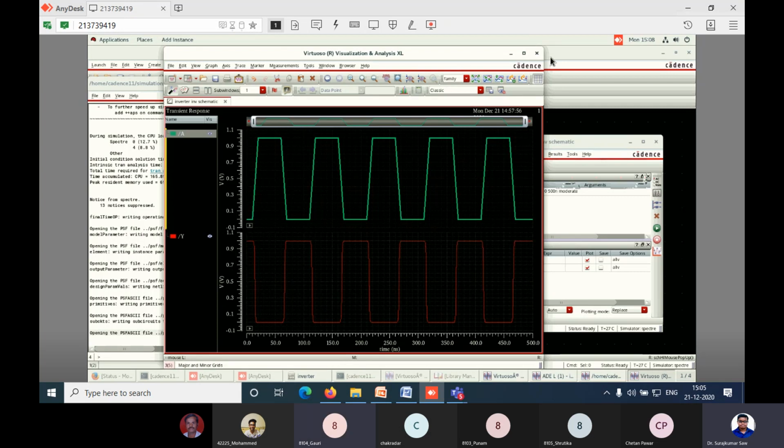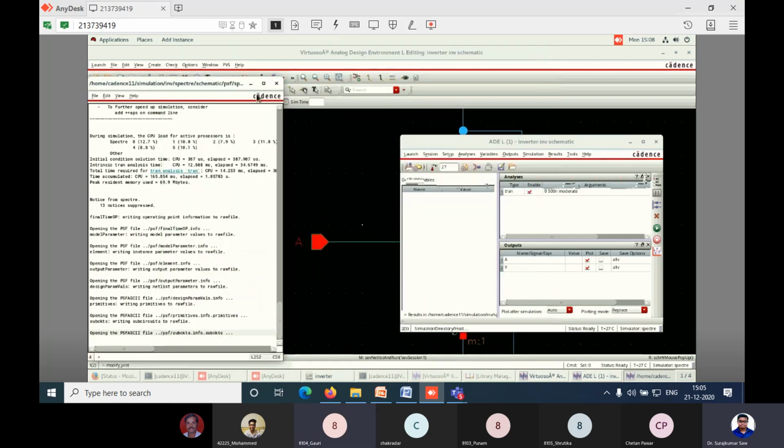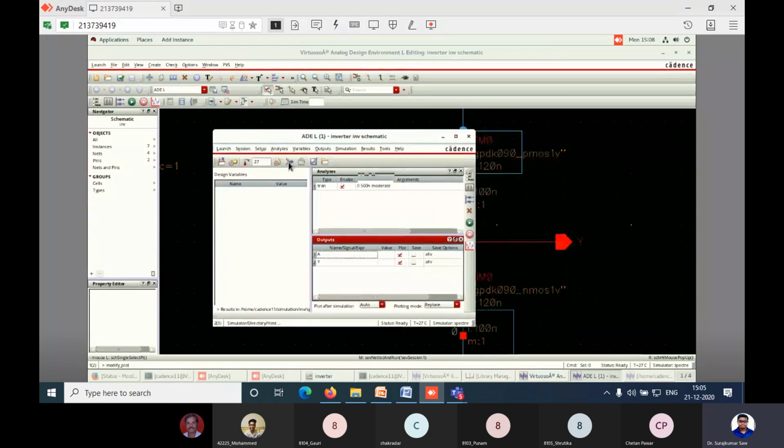Now what we'll do is check the power. You can close this. Go to the ADL window again. Please close the output, everyone. Yes, go to the ADL window. Mohammed Ali, close the, very good. Now go to the ADL. Please wait. Go to output, save all. Everybody go to output. Mohammed Ali, go to output. Poonam, go to output, save all.